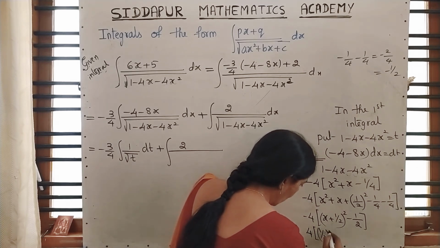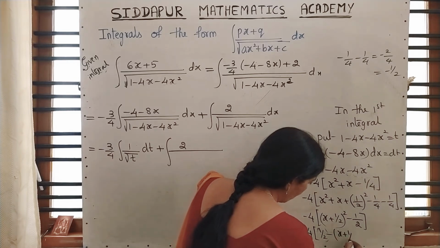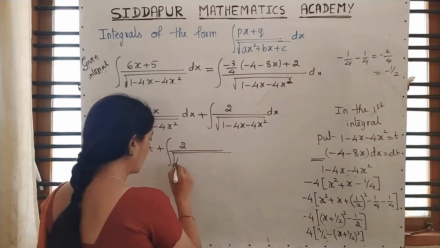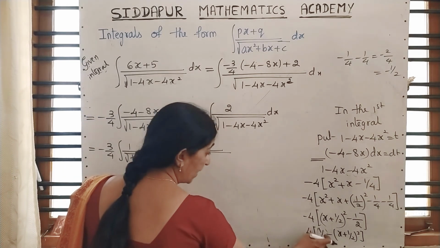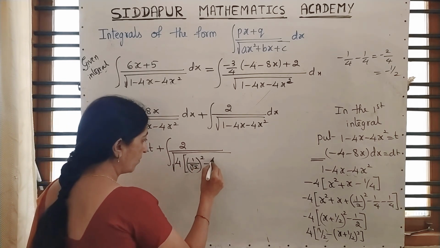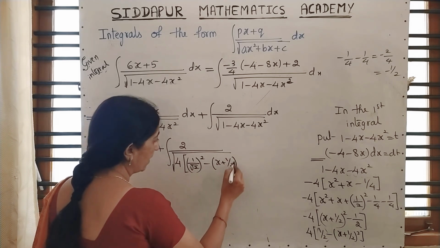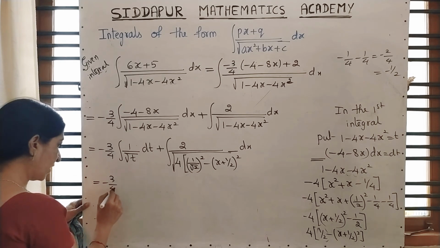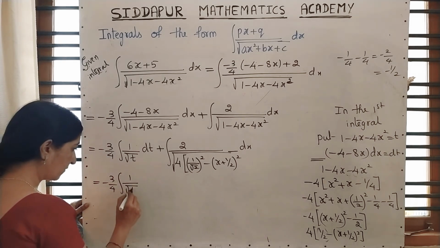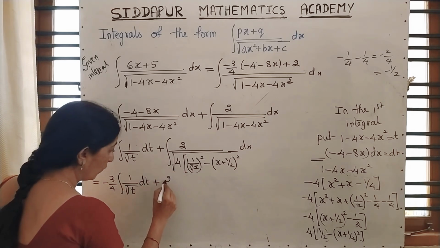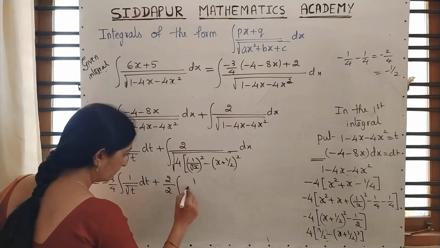Remember, we have to take only minus inside. It is 1 by 2 minus (x plus 1 by 2) whole square. Under root, 4 in the bracket 1 by 2, how you write as a perfect square? (1 by root 2) square minus (x plus 1 by 2) whole square. And at that time I am doing integration, that's why I kept this as it is. What is the square root of 4? Square root of 4 is 2. Already 2 is there.